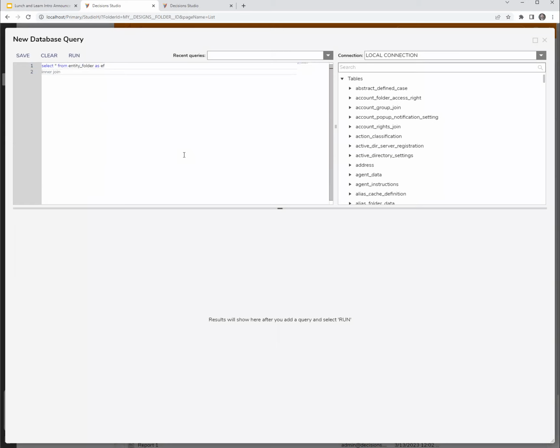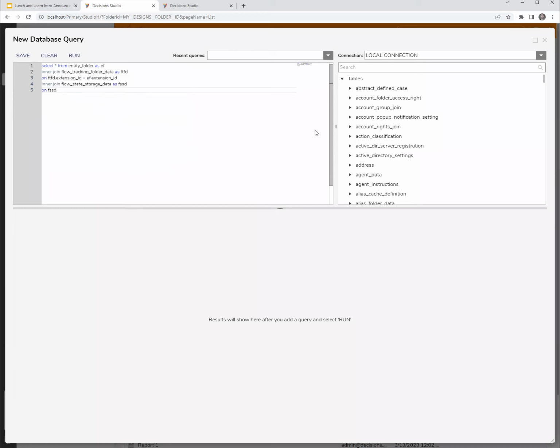Process folders, for those extension, yeah, flow execution extension tracking folder data as FTFD on FTFD extension ID equals EF dot extension ID. And then you could join the flow state storage data on flow state storage data dot,